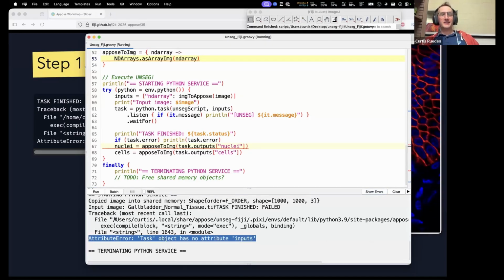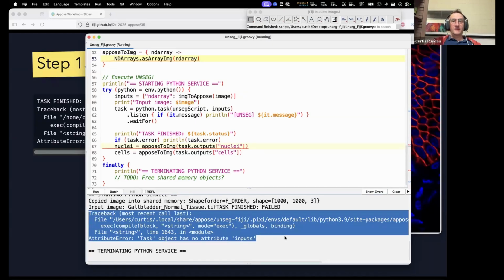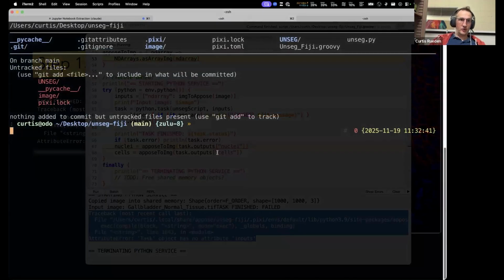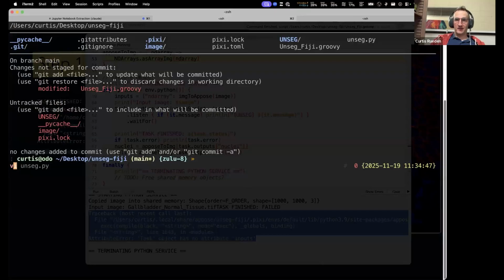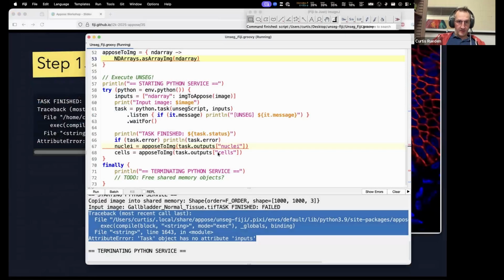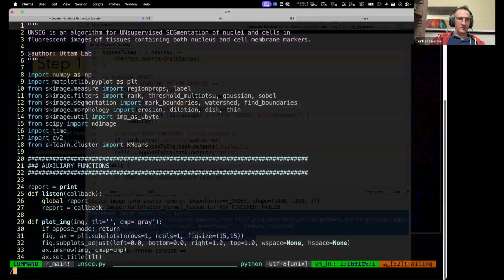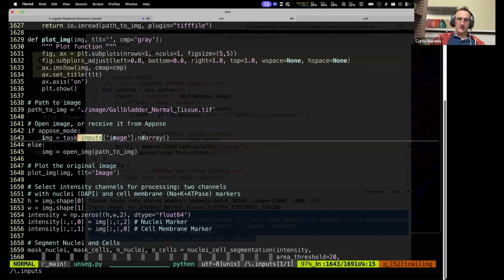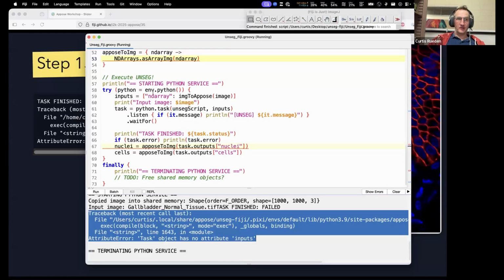Okay, so actually I did get this error. This is what I mentioned earlier, that was wrong, right? The unseg.py is calling a dot inputs. So let's go back to our favorite text editor, Vim, and open unseg.py. And then we will find where we put dot inputs. So I said this is wrong. Actually, there will be a variable called image just in there. It won't be called image. It'll be called